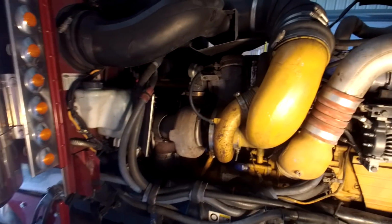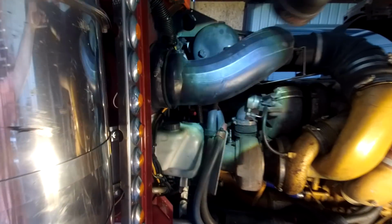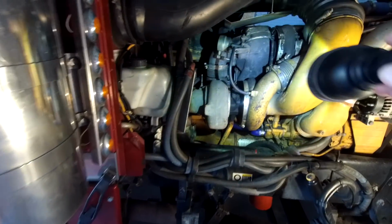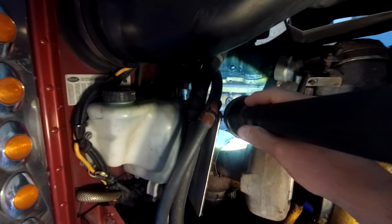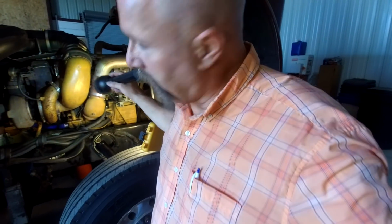But anyway, to do this, you got to take all this turbo stuff, all this plastic hosing for the air-to-air, and all this. You got to take all this stuff off. There's 1 turbo and there's 2 turbos. You got to take all of that off, unbolt all that, all right? And then they go all the way up to here. There's number 1 cylinder, 2, 3, 4, 5, and 6, okay? So they took all that off, and when they pulled it off,